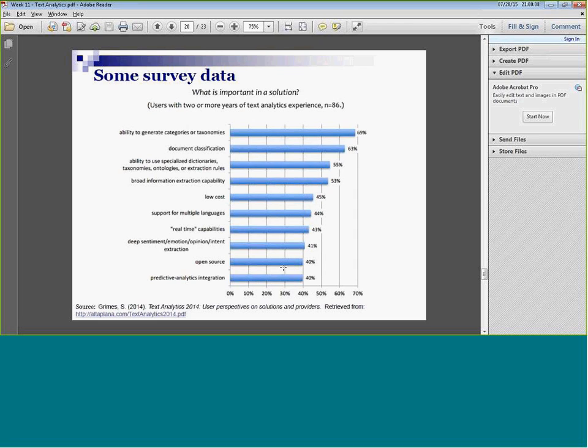predictive analytics integration. You can see this one hasn't really, basically, I think companies are still satisfied because they're really looking at the early things you can do, the clustering. If you can find out what your customers group into, people who like you and didn't like you and why, that's pretty good. If you want to use it to predict something that's going to happen based on text, that's